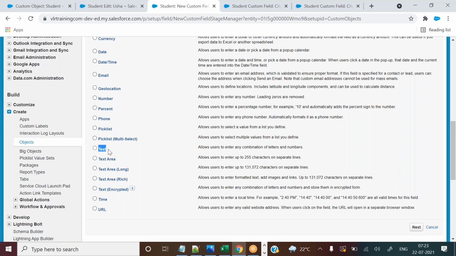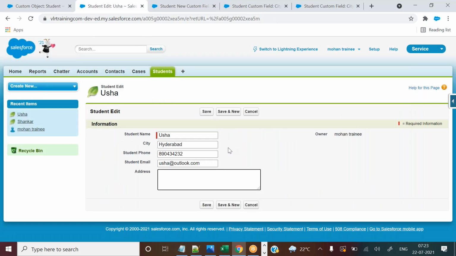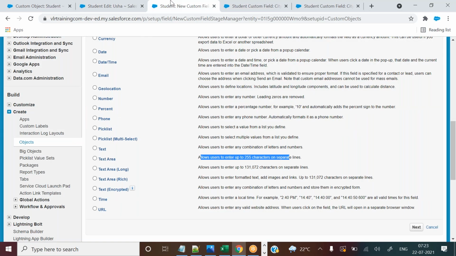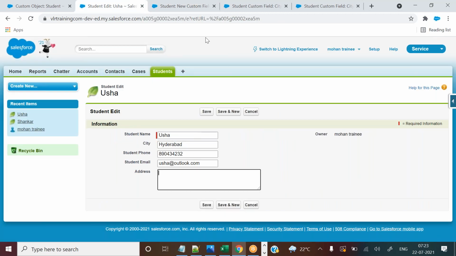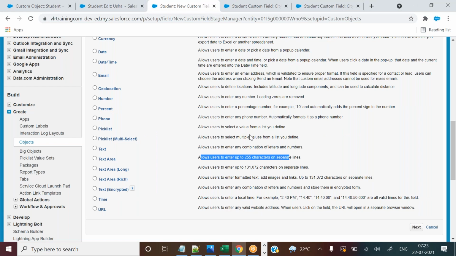So both text and text area can allow a maximum of 255 characters, and more than that Salesforce will not support. I'm talking about the maximum. The minimum, you can restrict while creating the field, but the maximum is 255. Salesforce has given that limit.